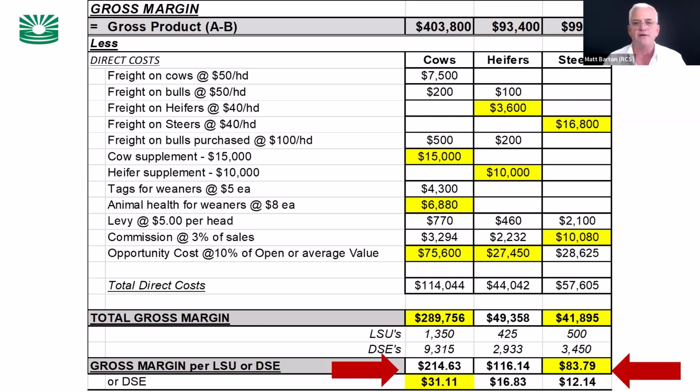I think it's about 148. I've done the numbers. I would suggest that if you sold everything as weaners, then your workload and business simplicity would fall dramatically, because we've increased the cow numbers to replace those steers and heifers that we've sold as weaners. This is stuff that we need to know. I call this low-hanging fruit, and it's one of the most exciting parts of analysing a business: doing the gross margins, creating the enterprises, and being able to compare them well.